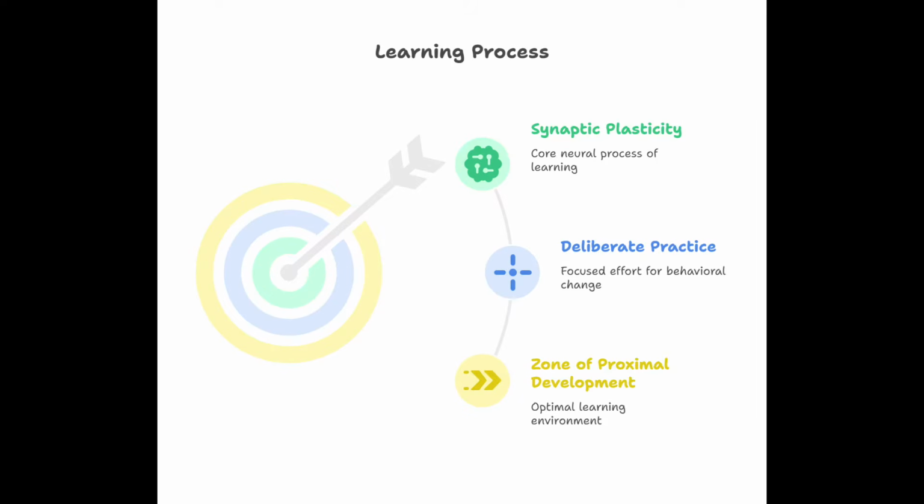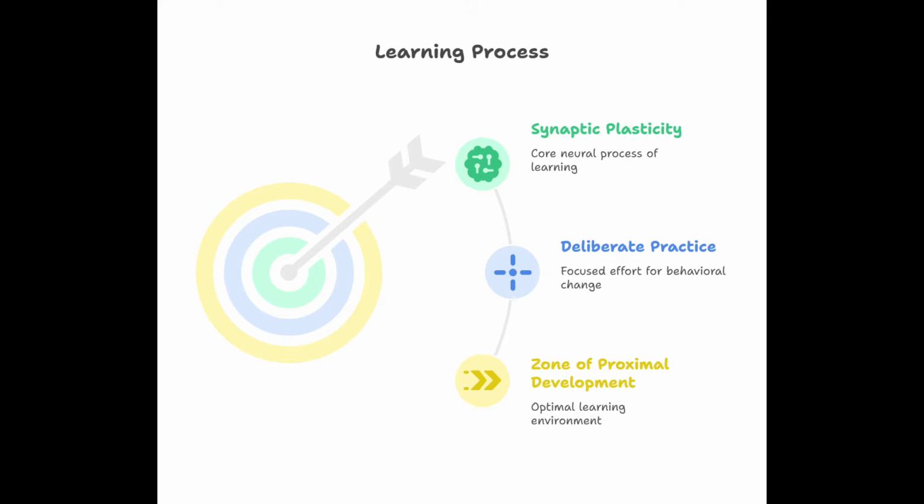Learning is fundamentally a process of physical transformation, not just information storage. At the neural level, it involves synaptic plasticity, where repeated engagement with material strengthens the connections between neurons, effectively rewiring your brain. This requires active engagement, often involving struggle, which signals the brain to consolidate temporary memory traces into stable, long-term structures. Genuine behavioral change comes from deliberate practice, focused, high-effort work that consistently pushes you outside of your comfort